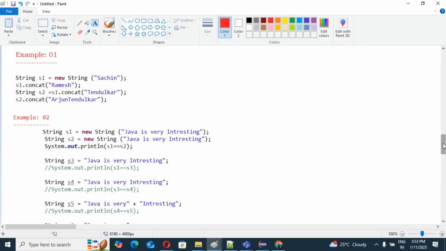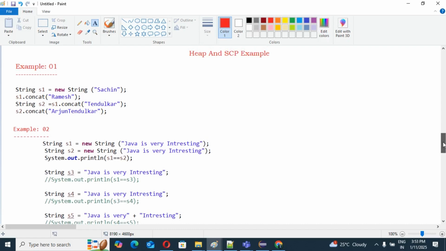Because most of the time, whenever you give an interview, the interviewer may check your knowledge, how much in-depth knowledge you have about strings. Because only in the string concept will you have this heap area and SCP. SCP means string constant pool area, right?